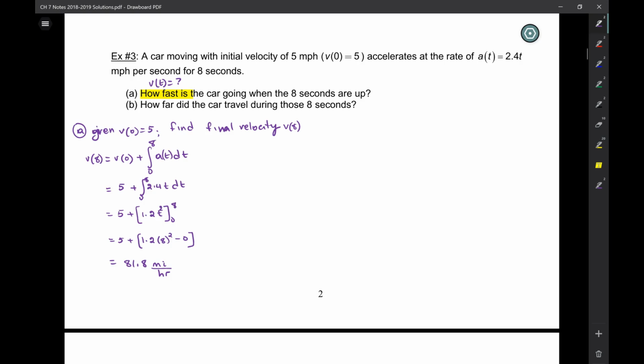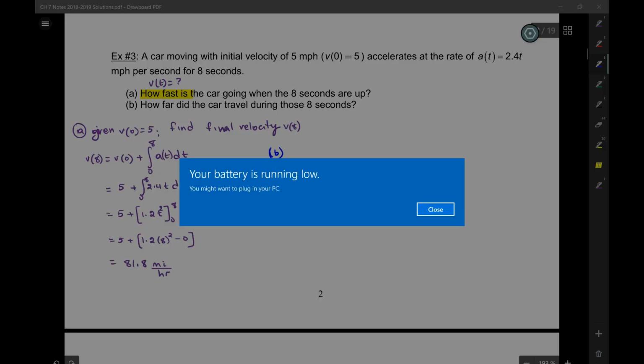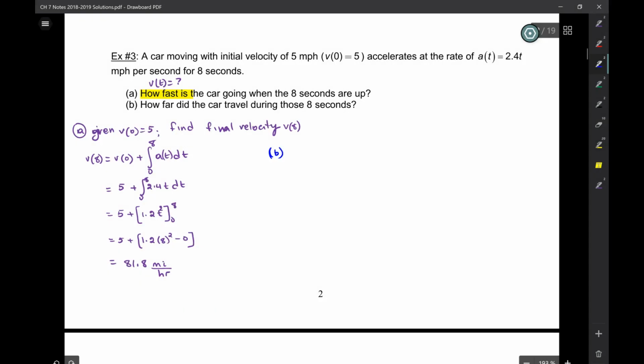Okay, so now part B. I'm philosophically opposed to writing MPH, just because it doesn't show the math. Anywho, V of t. Okay, so look at what this says. How far did the car travel during those 8 seconds? Wait, is that total